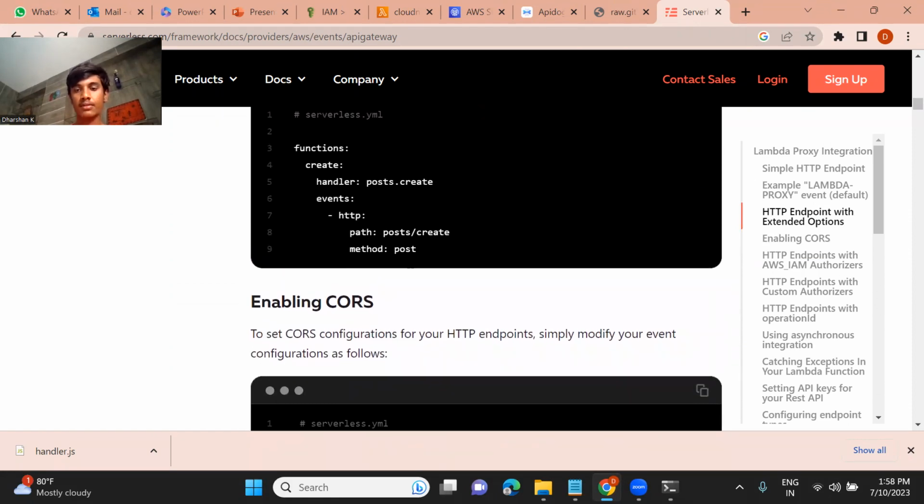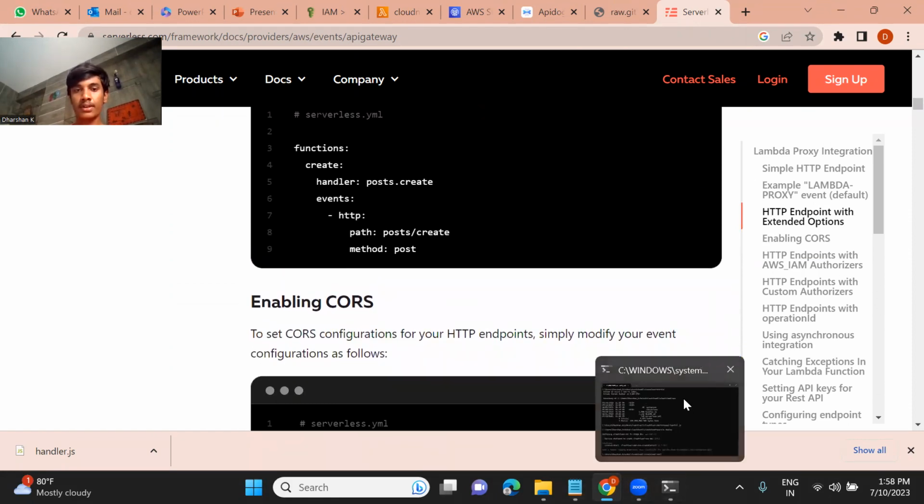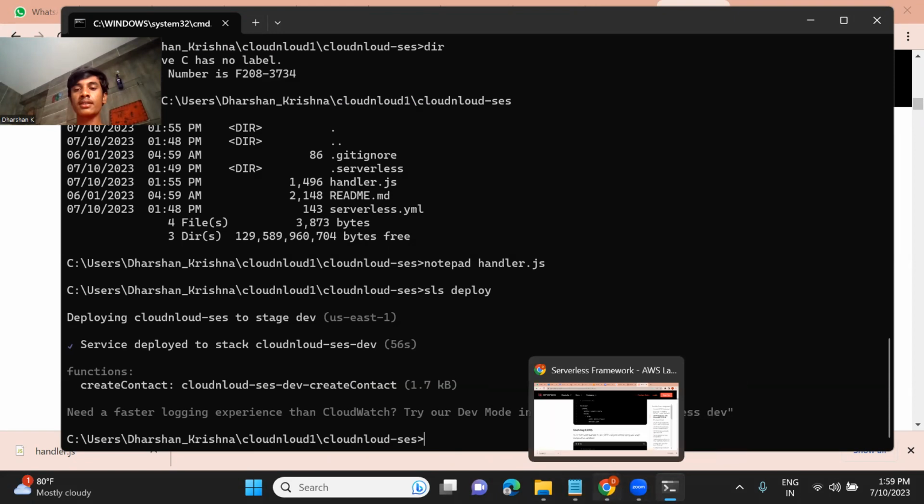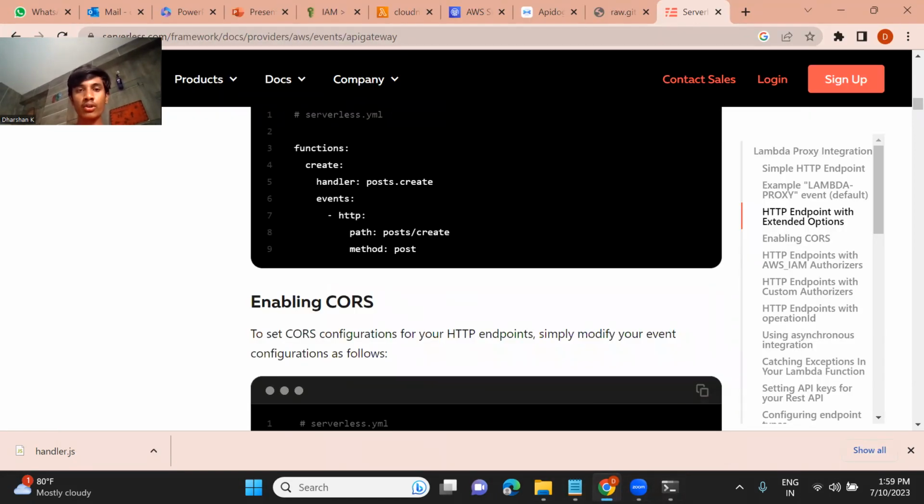We can use this. So let's see whether it is completed or not. Yeah, the service is deployed to stack. Now we have to create an API gateway. As I said, in serverless, we have a documentation in order to create an API gateway. And let's take this